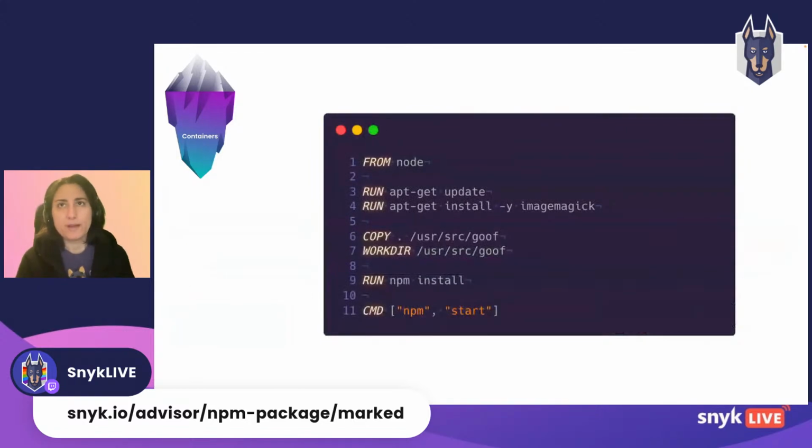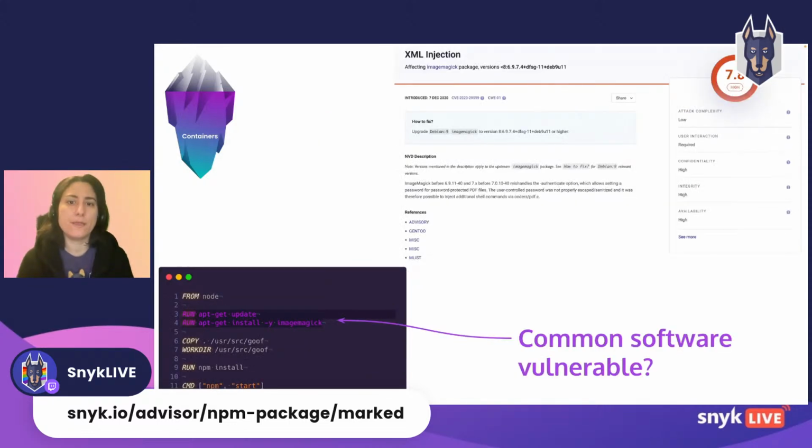But first of all, let's go back to what I would call a really basic Dockerfile. I know, but let's see what can go wrong with this one. Well, a lot of things. Let's see them. First of all, the common software vulnerabilities. So these might be vulnerabilities that we don't know about, like having SSH or curl that could potentially be a point of attack when you start installing packages. In this case, here you can see ImageMagick, and I'm going to come back to that specific package, because this one was an interesting one that allowed you to perform a remote code execution. So yeah, I'll come back to that specific example in a few minutes.